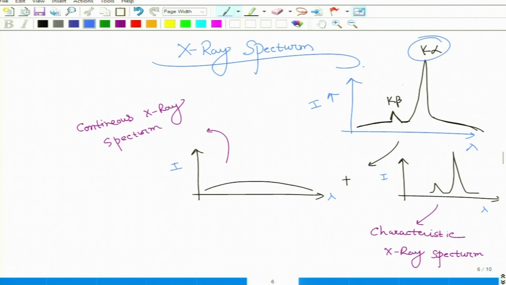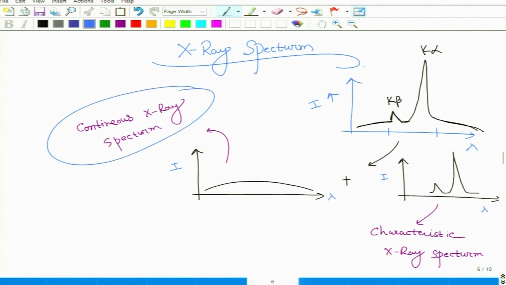These peaks, K alpha and K beta, depend on the metal you are taking. But this continuous spectrum is independent of the nature of the metal. For molybdenum, these peaks are obtained around 60 or 70 picometer. Picometer means 10 to the power minus 12 meter. So we have to explain this, right? First, what is the reason behind this